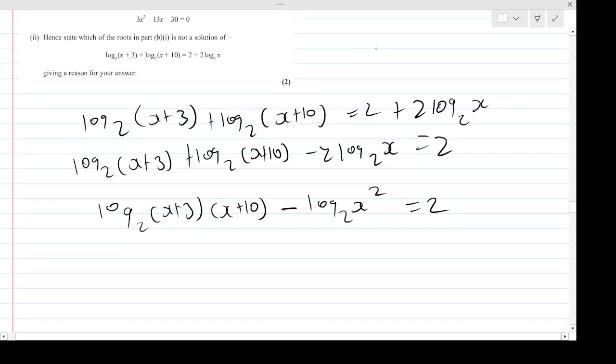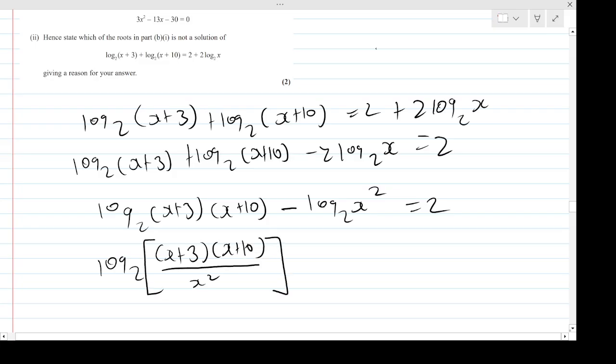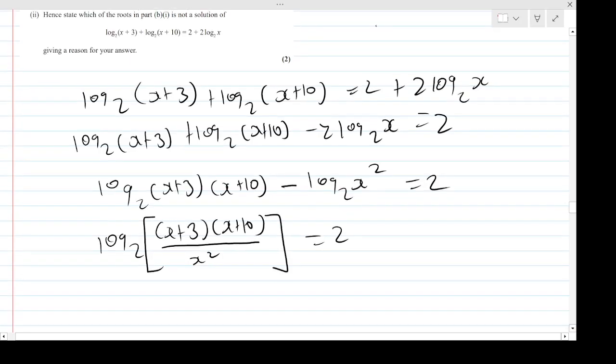And then I can divide the 2 logs here. I'm subtracting them, so I'm going to divide one by the other. So log 2 of (x + 3)(x + 10) over x squared. And then I'm going to use a big bracket here to signify this is all inside the log, and that equals 2. Right, and so then at that point, again, I can convert this straight into an exponential form, but